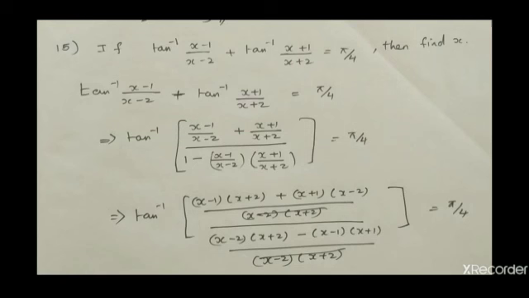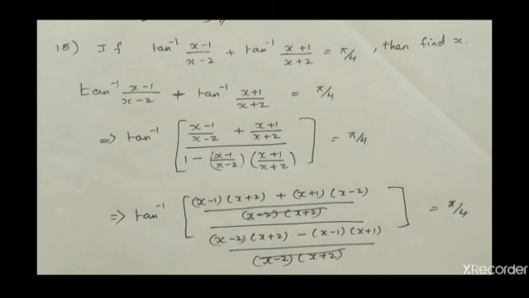Next question. So this is a solving type, that is you have to find out x, not proving. You have to be very careful, because sometimes we will be misled and we will think that it is a proving sum, and we will sit in LHS and try to get pi by 4. So see whether it is a prove-that sum or a solving sum. If it is a solving sum, you take both LHS and RHS and try to find x, right? So this is an easy question, that is, you apply the tan inverse x plus tan inverse y formula.